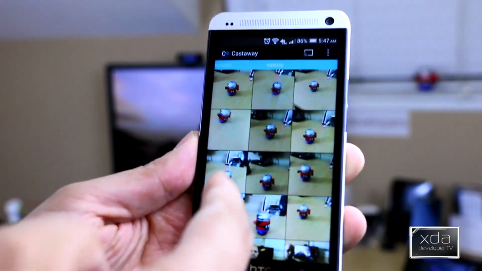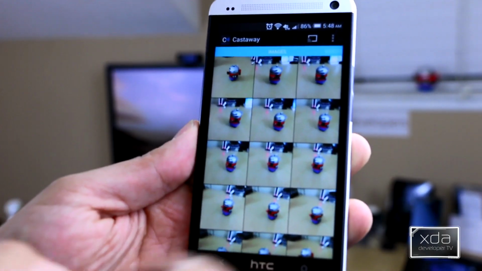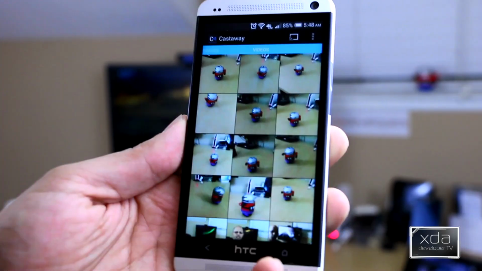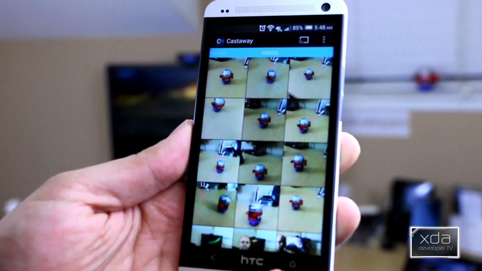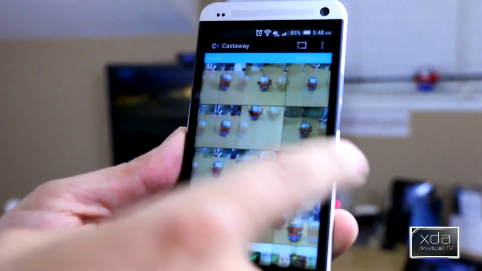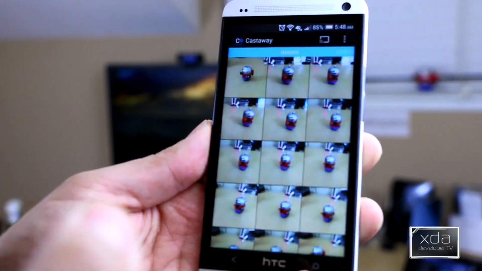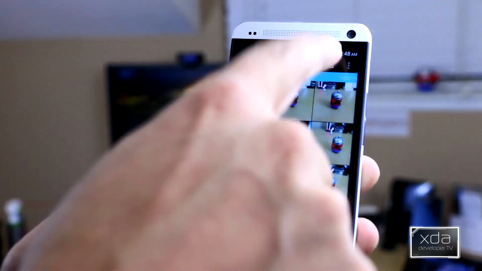The interface is pretty simple. This is your videos, this is your media, your images, and there is no other media section that you get. They automatically show you all the pictures that you've taken in order of new to old. So all your new pictures will be on the top, all your new videos will be on the top as well. And to be able to connect to the Castaway application itself, all you need to do is select.